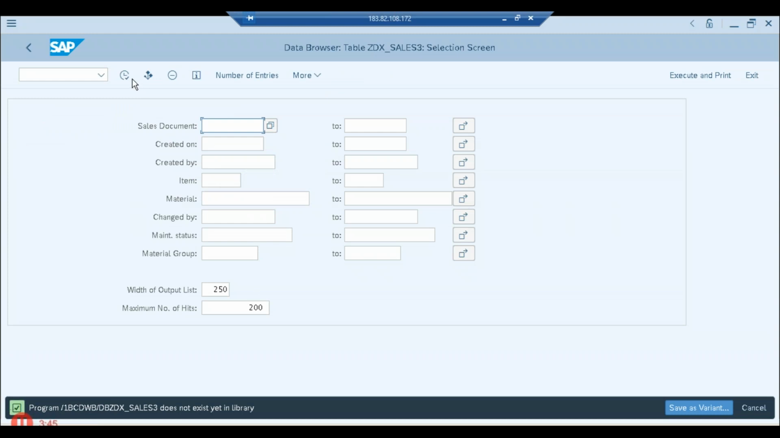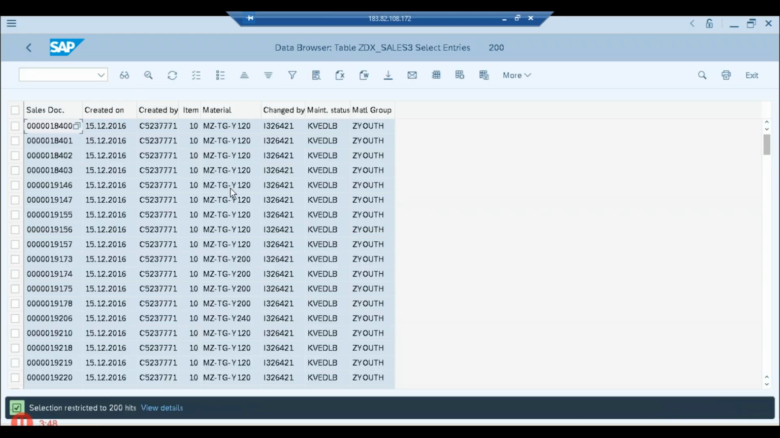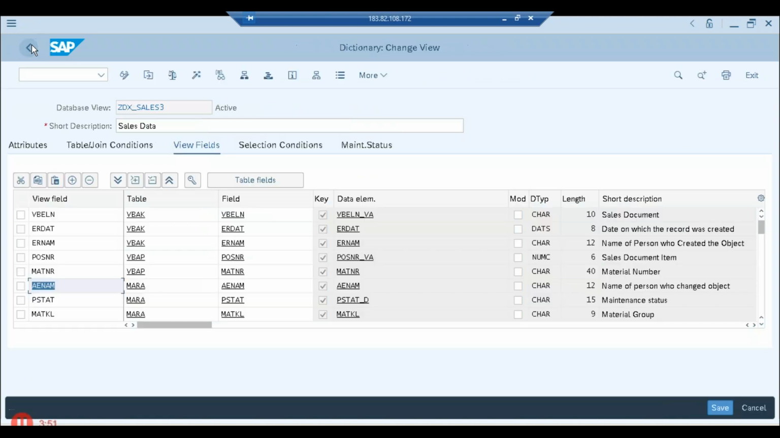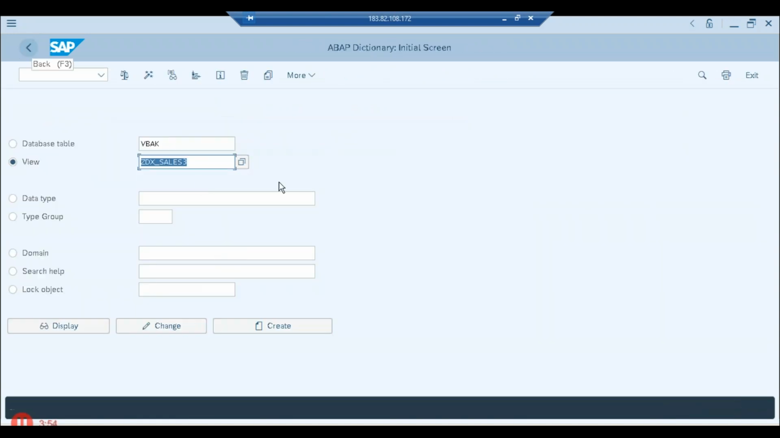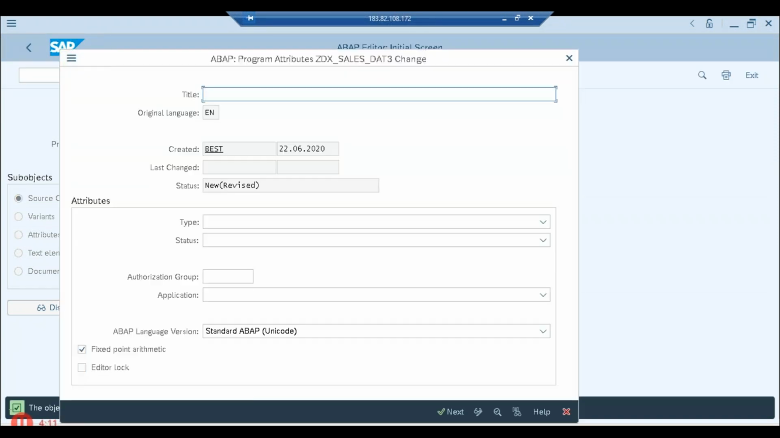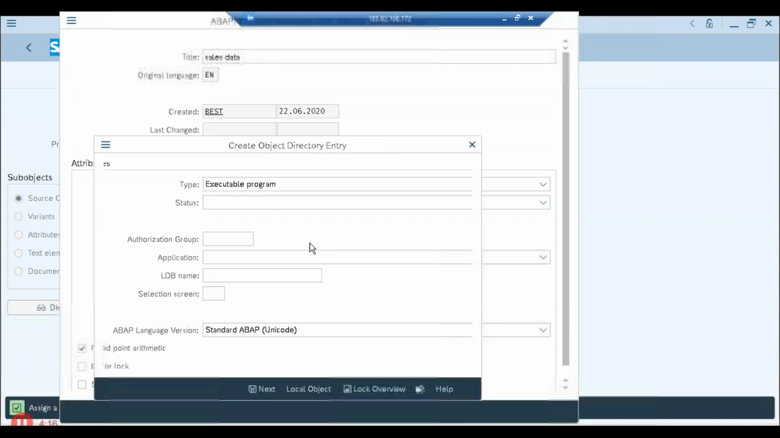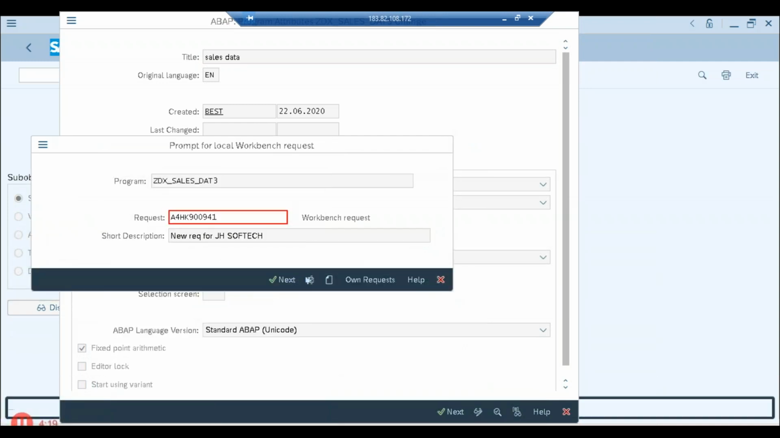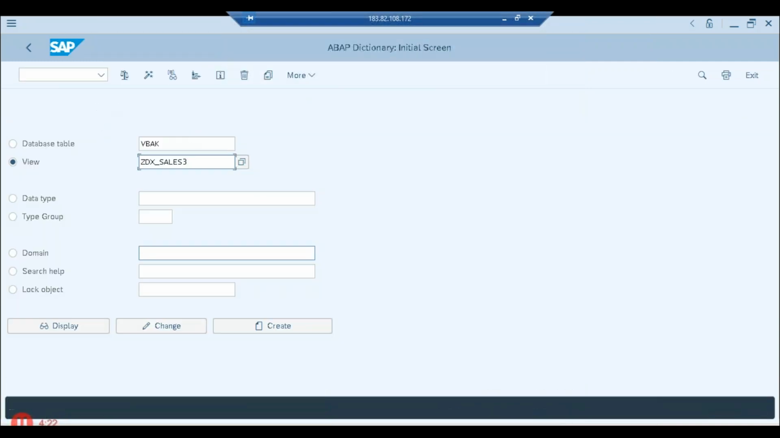So let's first see the output. So we are getting the records from all the three tables now. So we'll go ahead and create a program over this. For this, we can use the select star same way as we have done previously. So we'll go ahead and create a program on this. Sales data 3. So this is the